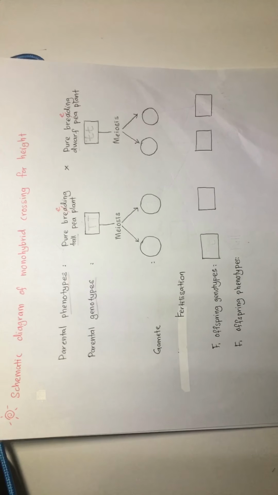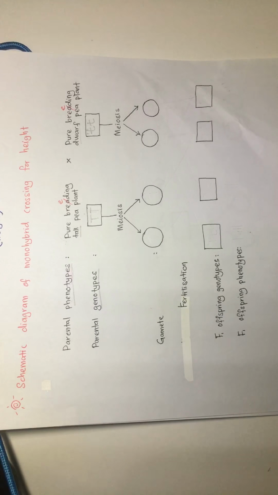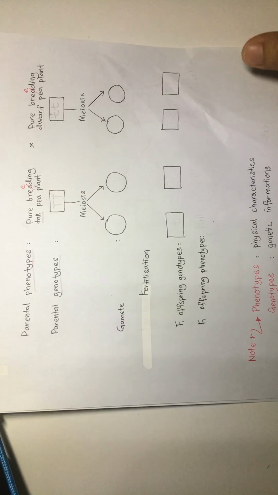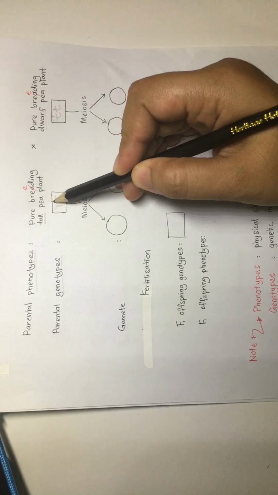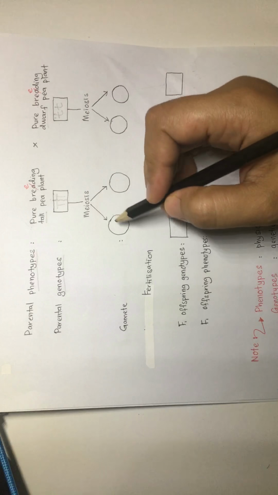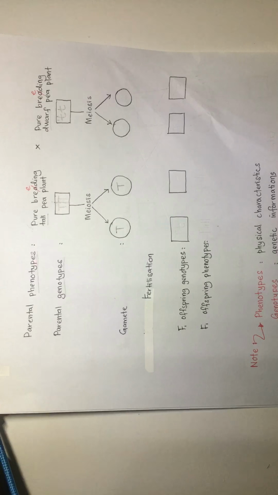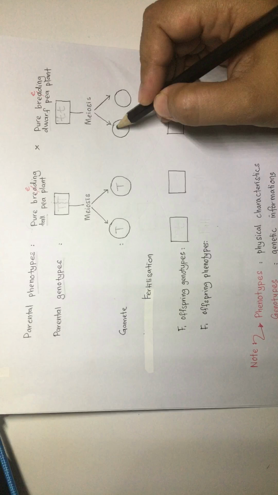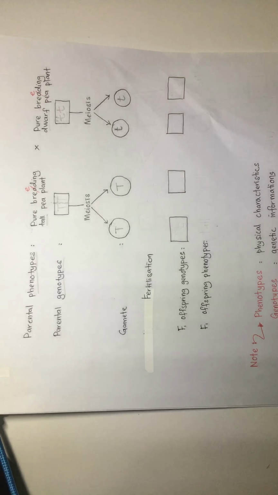Okay, let's continue. When we have the information on the genotypes already, then the first process will occur. The first process is meiosis, and what happens during this process is that the alleles, or the two genes, will be split. So we split these two capital letters T. That is what happens after the meiosis process. As for the second plant also, the meiosis process occurs and the alleles or the genes are split.